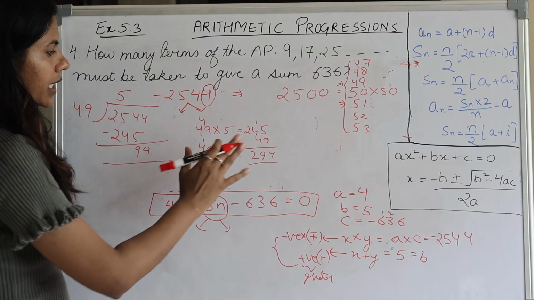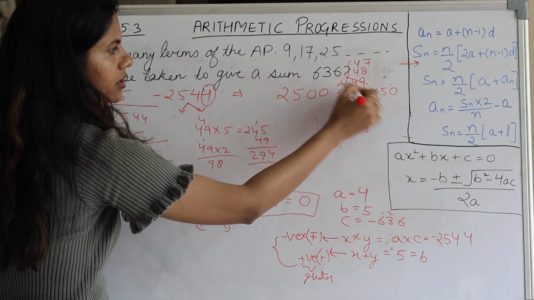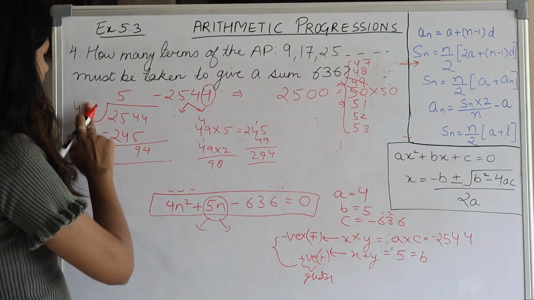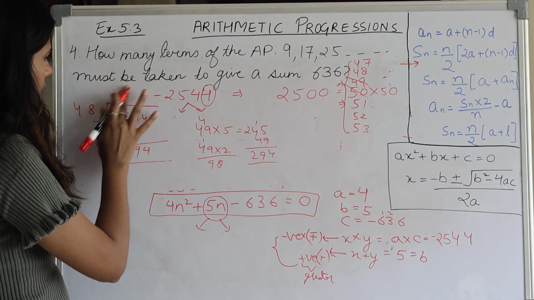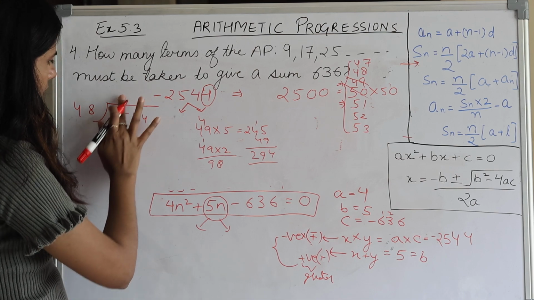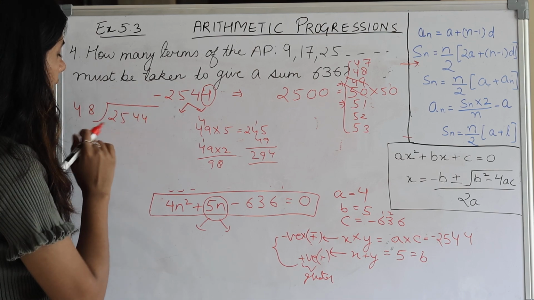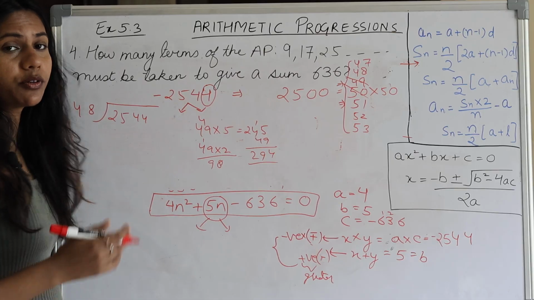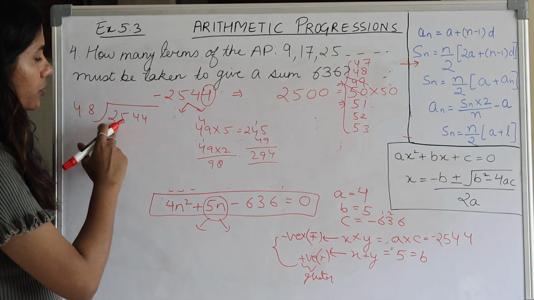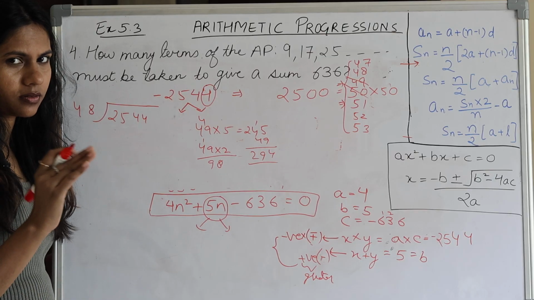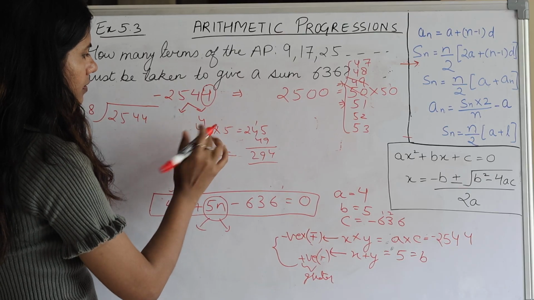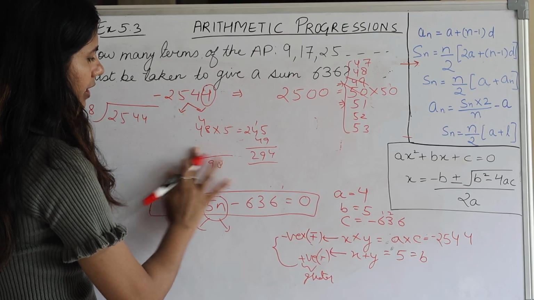Now the same thing, this also got cut, this also got cut. Now we will see for 48. Let's see for 48. I will erase this part. In case of 48, 48 into 10 is 480. So 254 is also around half of it, about 5 times. We'll just check it.